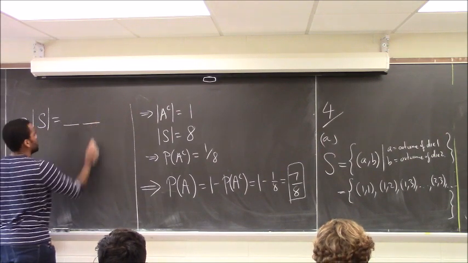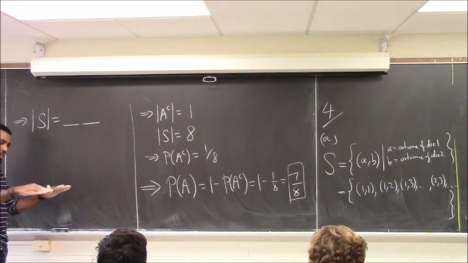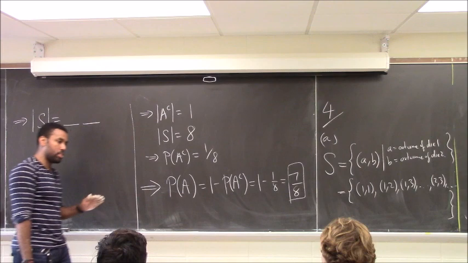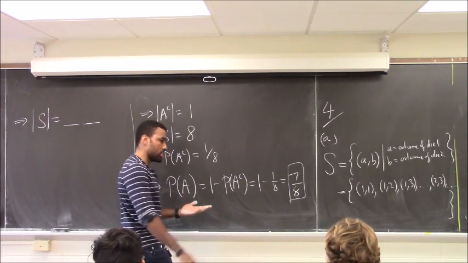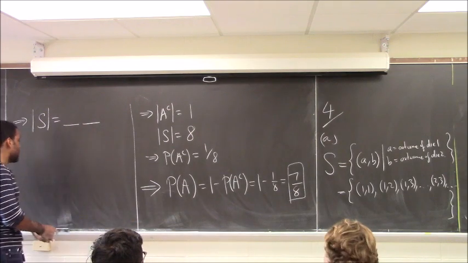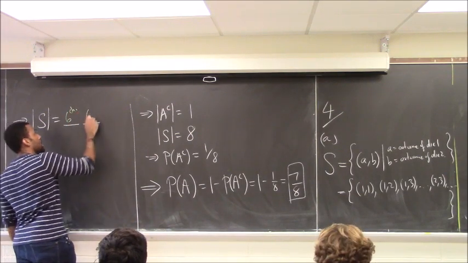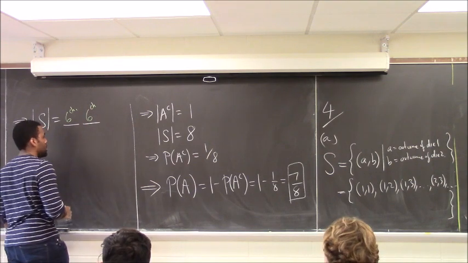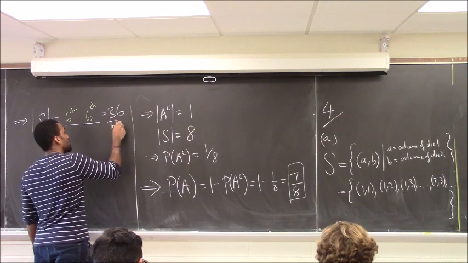$36. I don't randomly come to the answer 36. There's a very specific schema under which I'm thinking. Just think of this toss as a 2-stage experiment, where one stage is choosing the number on the first die, the other stage is choosing the number on the second die. There are 6 choices that can happen here, and 6 choices that can happen here. This means that there are 36 total choices